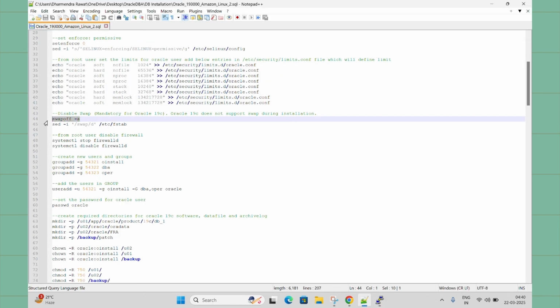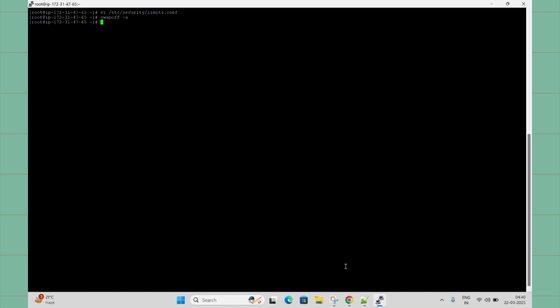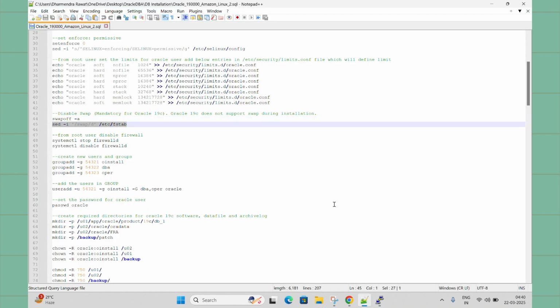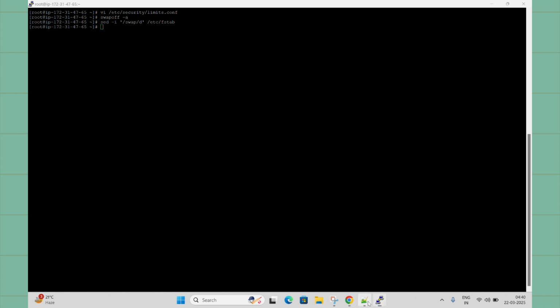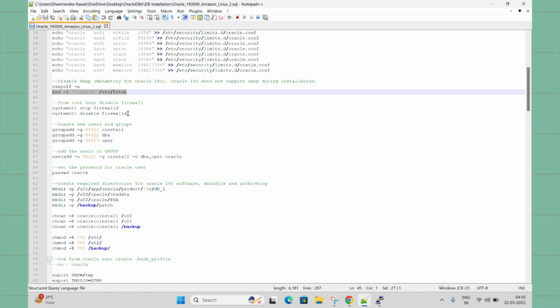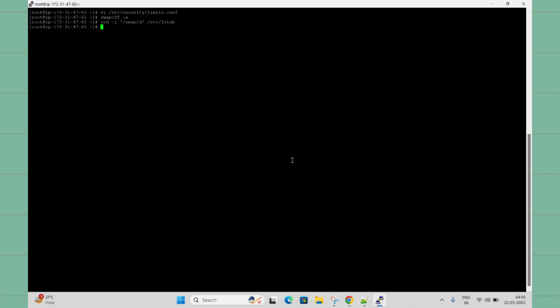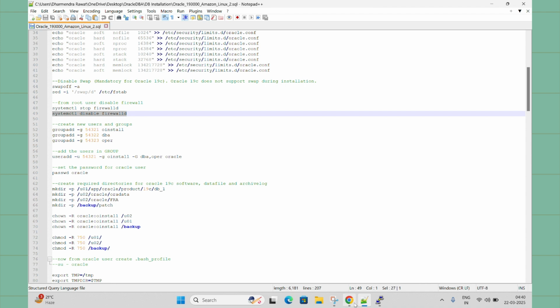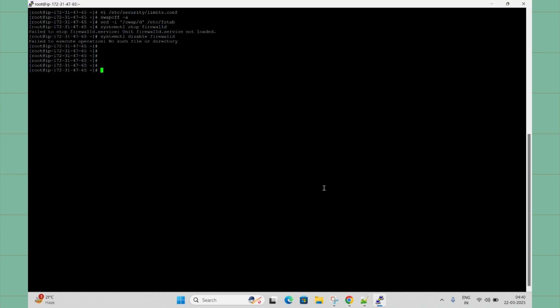Now I need to disable the swap so that we will not face any issue further. Okay, we will disable the swap from here. Now on another machine, maybe Red Hat or VirtualBox, you need to disable this firewall, but here, on an Amazon Linux machine, it is not applicable, right? So just try, but it will not work, I'm sure. Okay, no need to do this step.